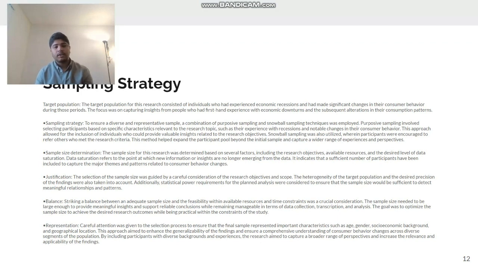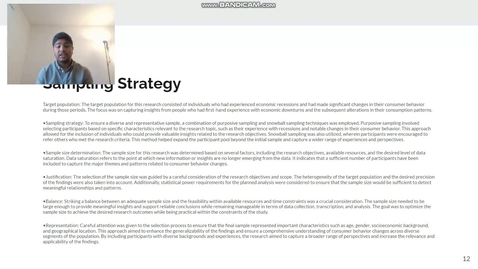terms of data collection. Transcription analysis. The goal was to optimize the sample size to achieve the desired research outcomes while being practical with the constraints of the study. Representation: careful attention was given to the selection process to ensure that the final sample represented